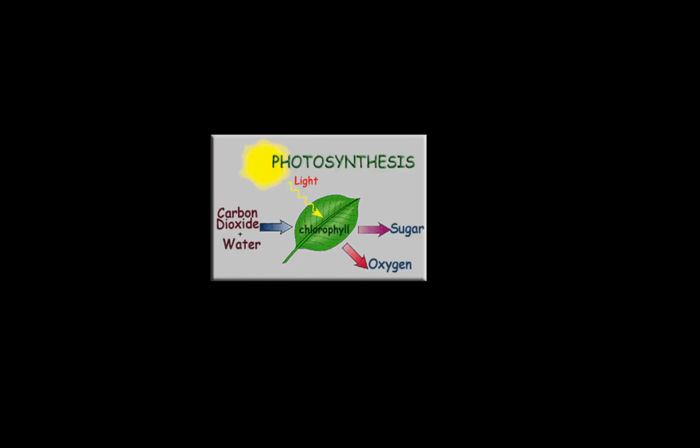They actually undergo a process called photosynthesis, and it's really quite magical if you think about it. Basically, they're eating the sun in a way. So the sun shines down on a plant, the sunlight hits a leaf, and the leaf, with a material inside of it called chlorophyll, is able to turn the light, carbon dioxide, which is a gas that's just found in the air, and water, which is another need of plants,